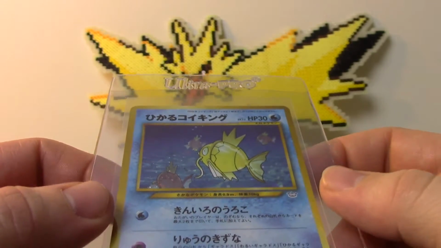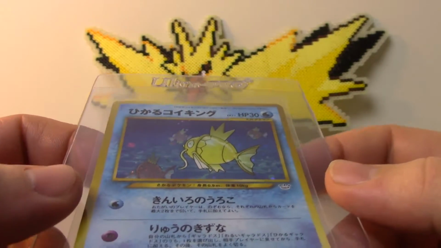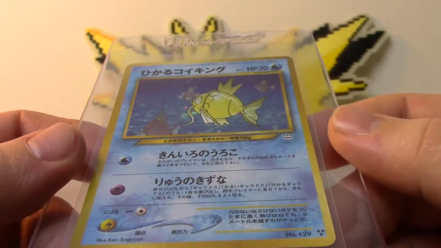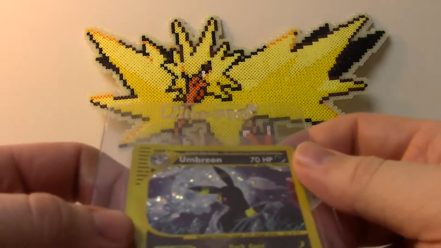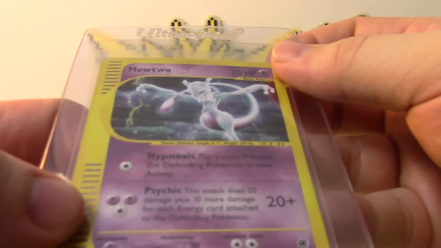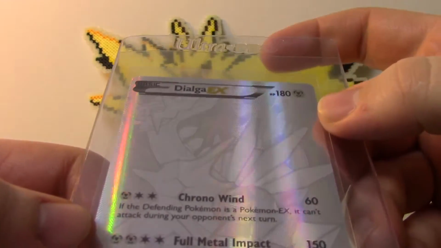This is a Shining Magic card. This is the player's promo version. You can see that the whole card has kind of a nice little sparkly tinge to it. It's very nice. Another Umbreon, Mewtwo, Dialga EX,